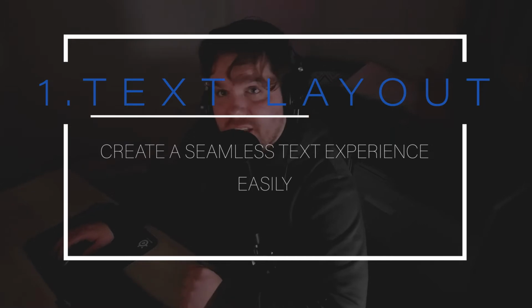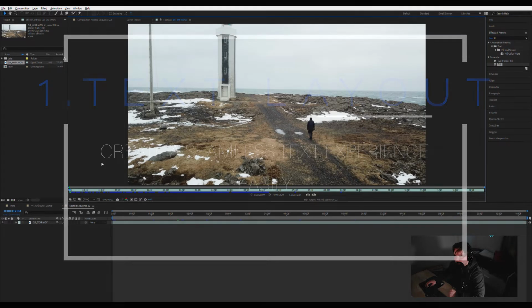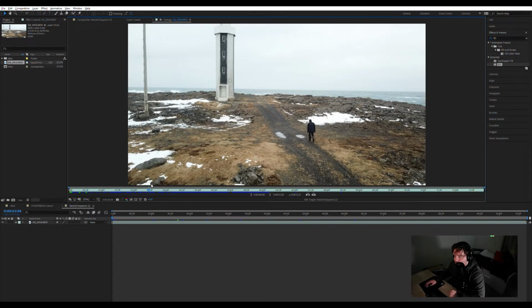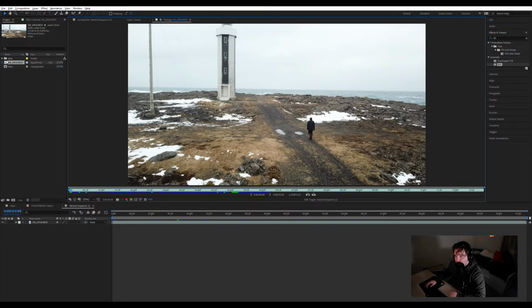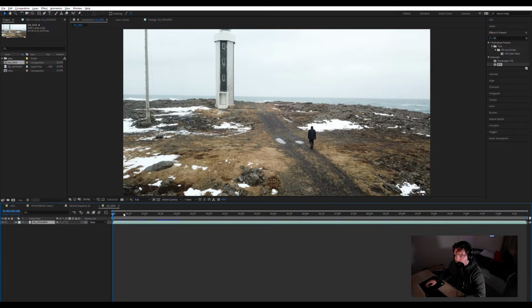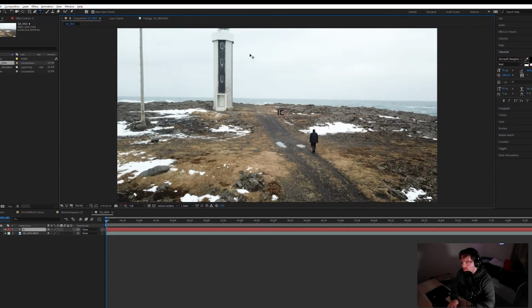Yeah, let's get started. First, phase number 1. So here I have my sequence, and I want to just play with the first 5 seconds of that 4K sequence. I'm going to import it into a new composition. So let's just add a new text here, and let's, I don't know, call it Iceland